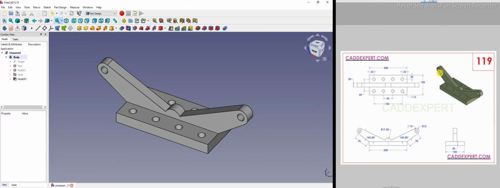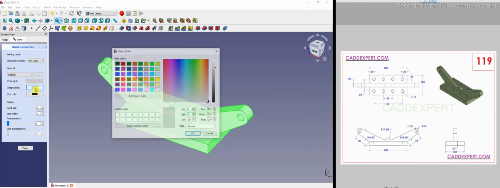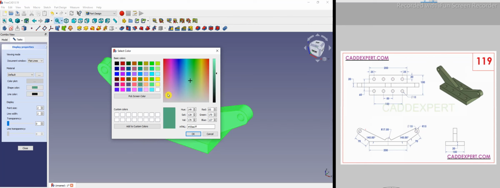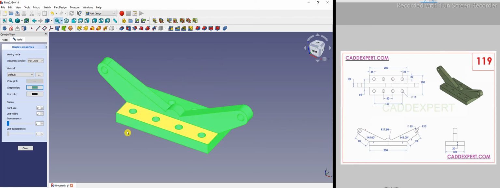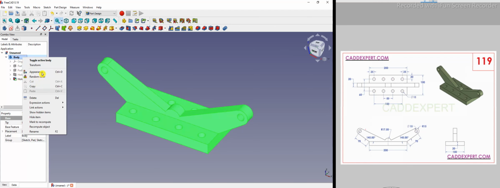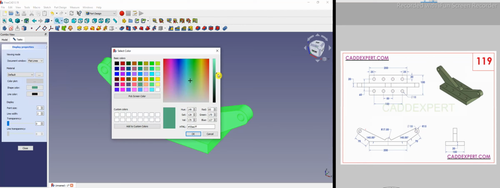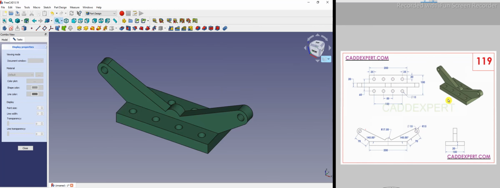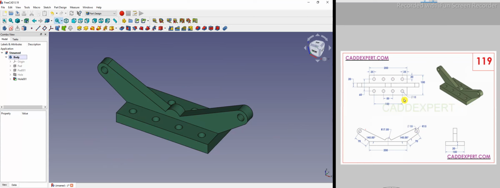Now I will give some approximate color as per our reference. So I will go into appearance, go into shape color, and give an approximate color. Let's see this. No, I'm not happy. Now I will use some more appropriate color here. So I will move this pointer, and okay, more or less we have given appropriate colors, and we have exactly made our model with respect to the reference